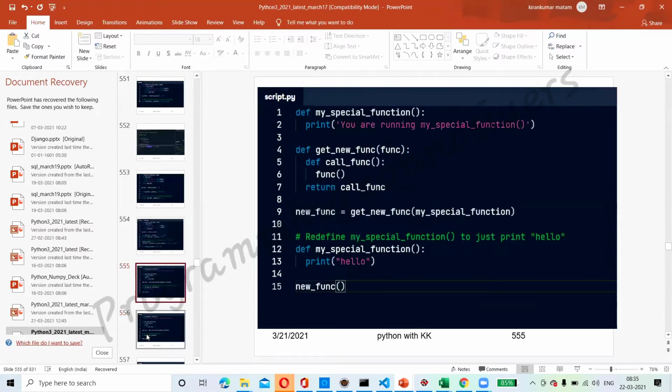So one more. Can you guess the answer for this? You need to guess the answer for this. So what we are doing, first of all, we are defining a special function. Is it a parent function? No. Normal function. My special function is a normal function. Okay. So now the immediate next, what we are doing, we are going to create a